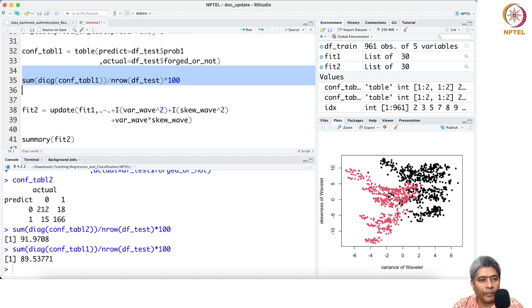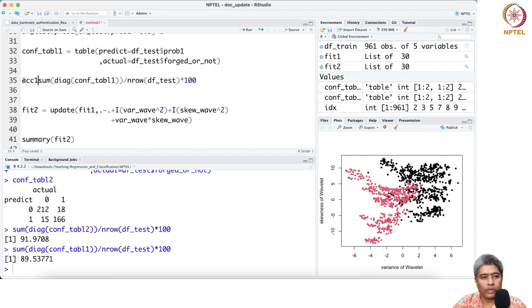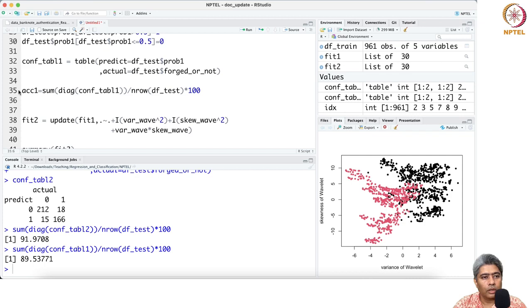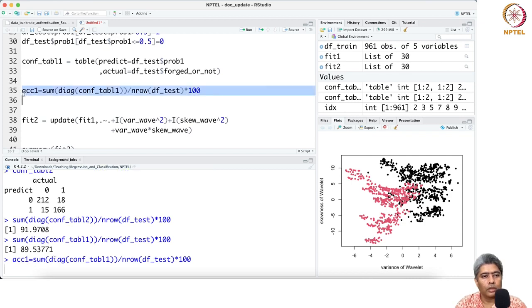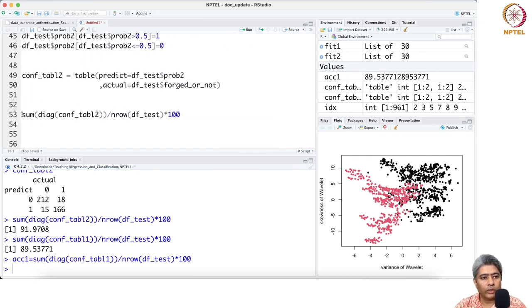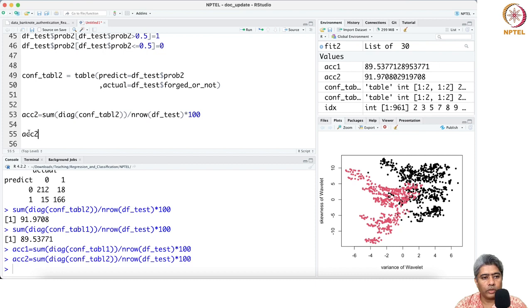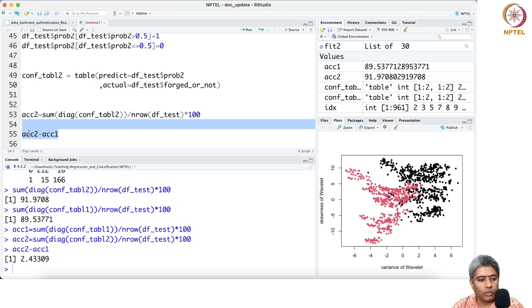This could be accuracy 1, this could be accuracy 2, and accuracy 2 minus accuracy 1 gives a 2.4% gain that we are getting because of